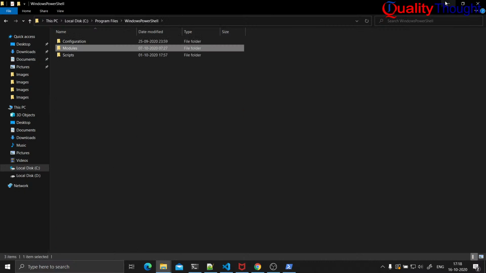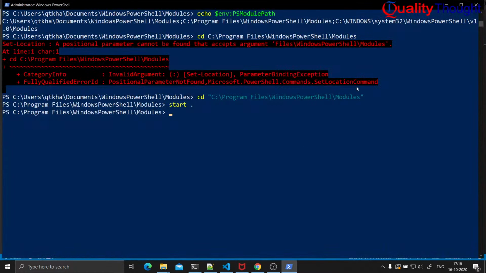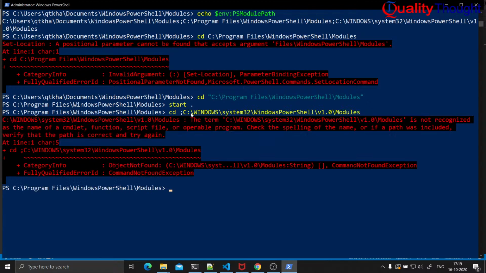PowerShell modules are present in three major locations. One is considered to be user modules. The other is PowerShell modules which come as part of your installation, and there are some modules which arrive as part of your Microsoft operating system installation. That is this third path which you are seeing over here. Now if I get into that folder and see what is available over here,